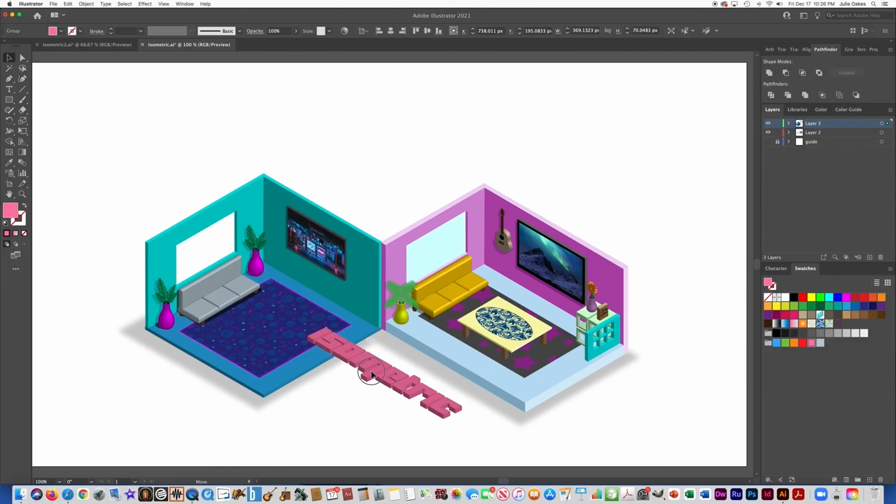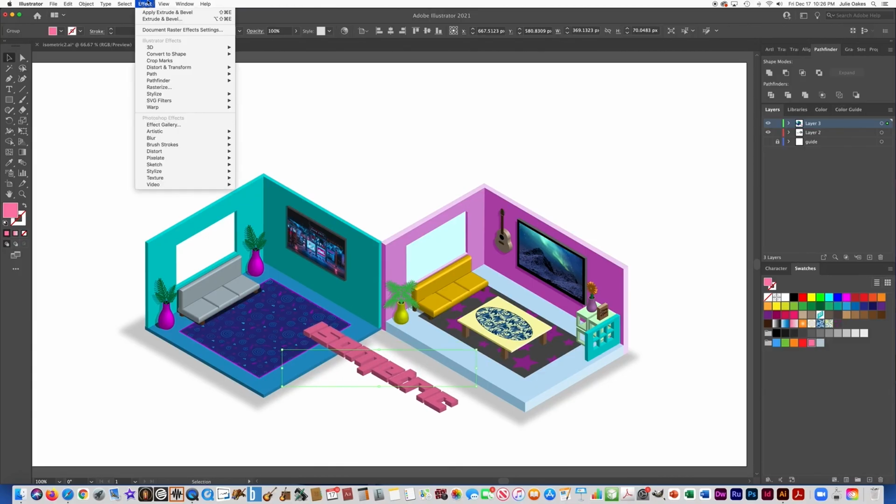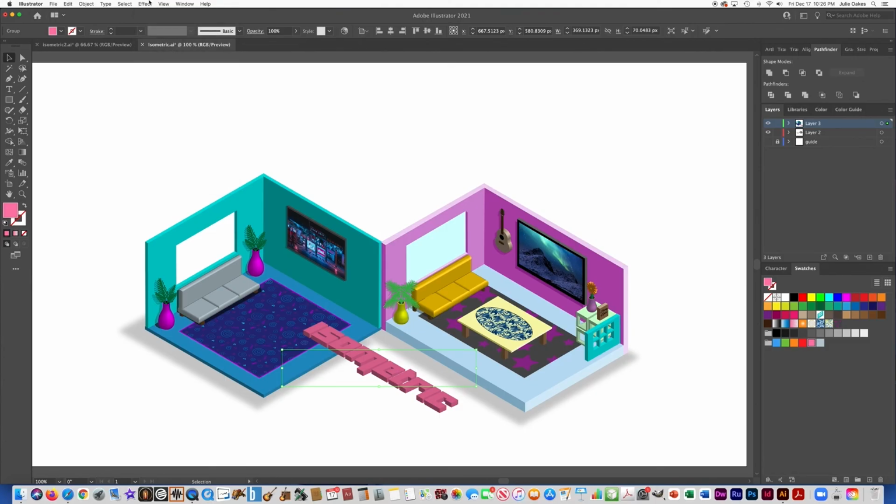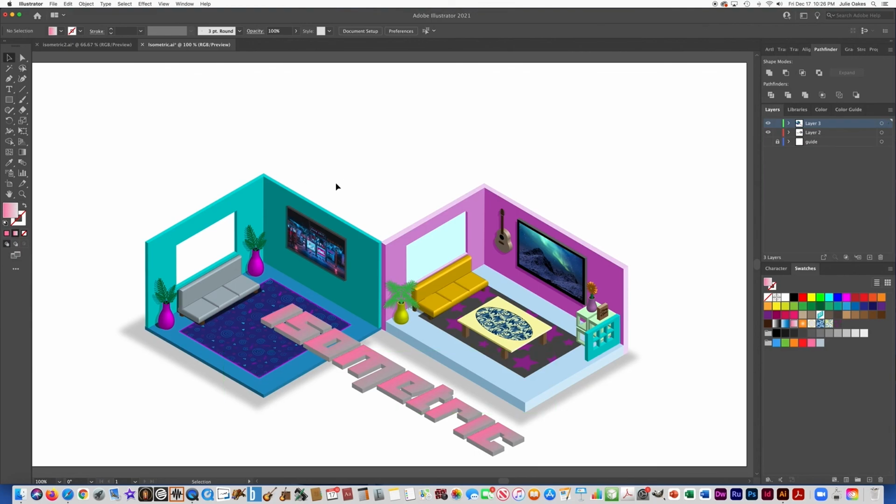Alright, so that's another cool thing that you can do with this effect here, the 3D effects that Illustrator has. You can even put gradients on them. So yeah, experiment around with it. Add some more furniture to your spaces, add different spaces together, play around with adding type